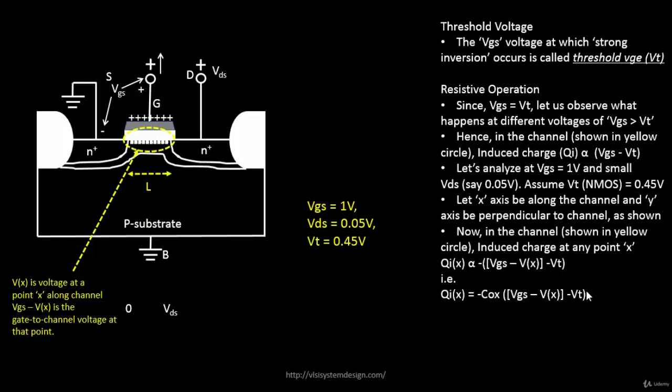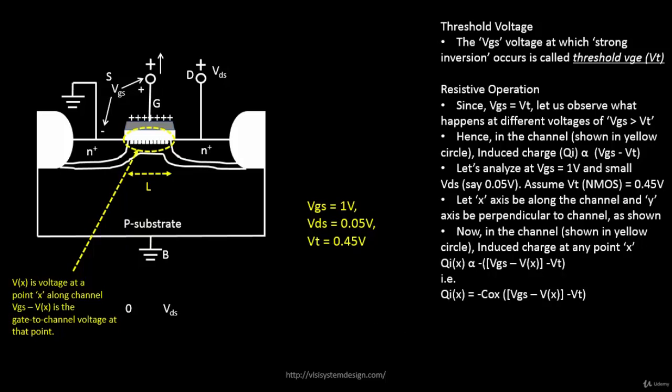So when you expand it, the induced charge at each and every point is COX into, basically Q equal to CV. It's a charge conservation principle. So COX is the gate oxide capacitance, epsilon ox by Tox, and I'll come to that formula. So the induced charge at each and every point of your channel is equal to COX into VGS minus VX minus VT. With this formula in our hand, let's try to derive certain equations,